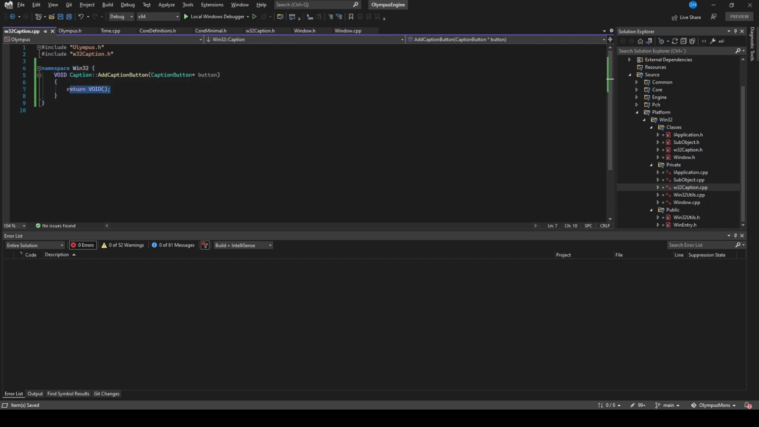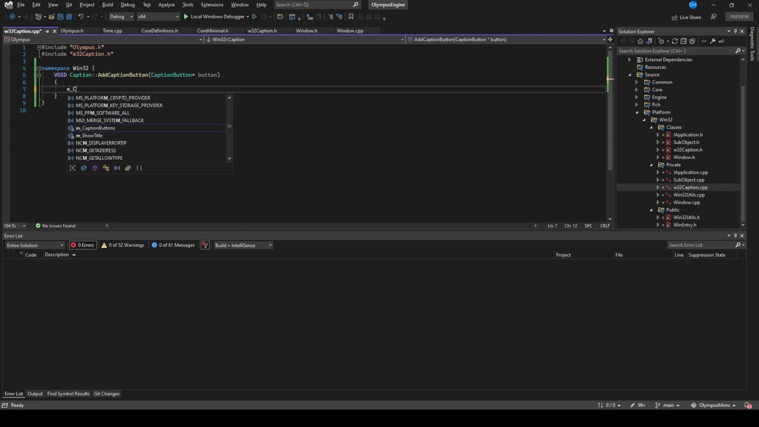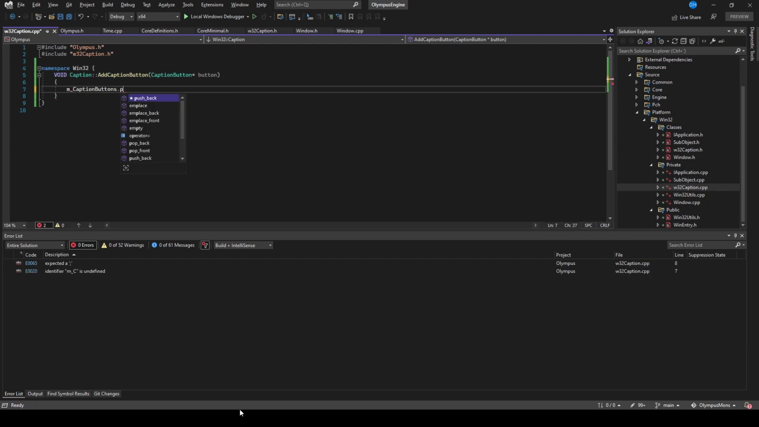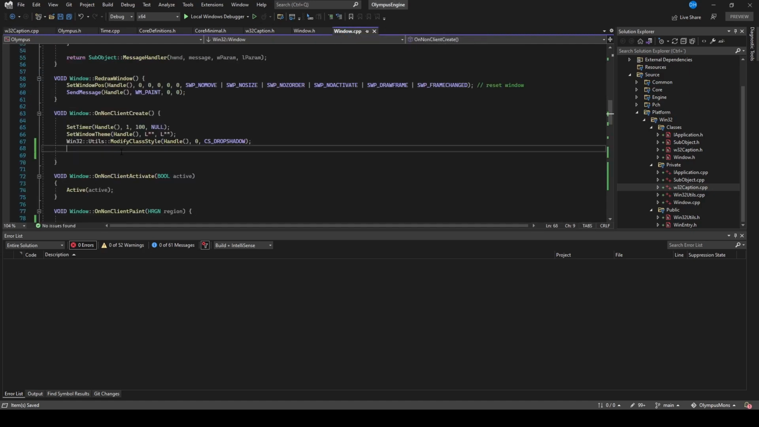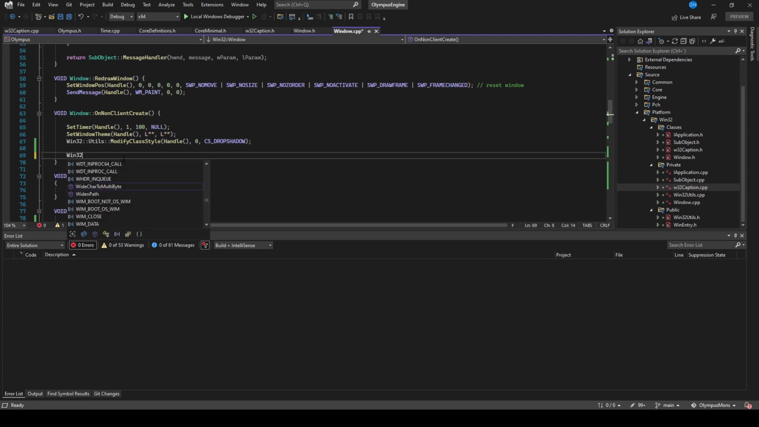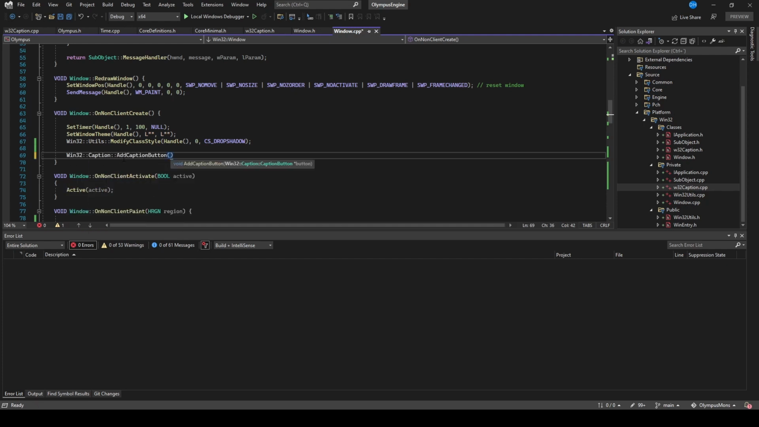Now the final action we're going to want to take here is going to be m_caption buttons dot pushback button. There we go. That's going to actually draw all of those into our new list variable. The next thing we want to do is actually declare those. So let's come back into our window, come into here, and let's use this new function. So let's say Win32 caption, and let's say add caption button. Now this is a pointer, so all we're going to need to do is say new caption button, and that